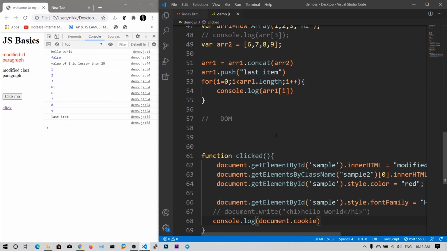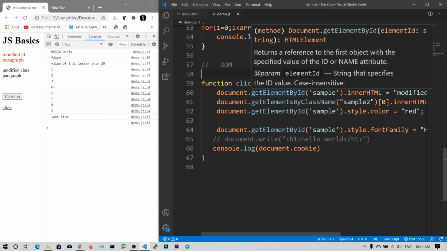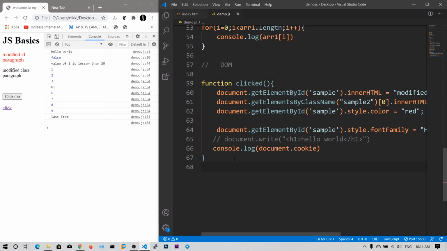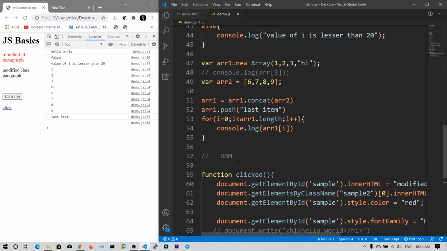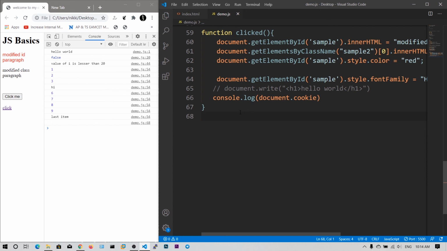So I think these are the basics you need to know about JavaScript. If you are nice in this, okay, you are pretty much good. But if you want to go deep dive into JavaScript, that's not bad. You can just search for YouTube tutorials. Since this is not web development, I'm not going to cover all the JavaScript code here. I just showed you the basics. So that's all for the basics of JavaScript.